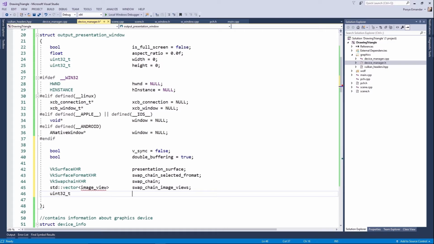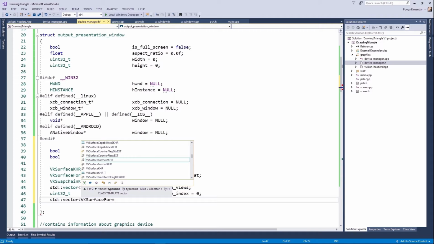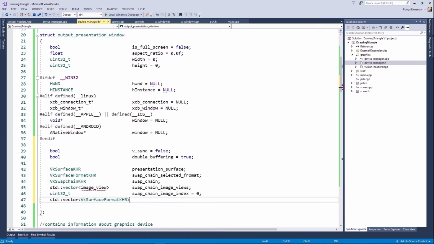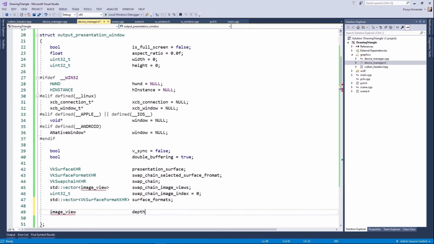Also, we need the current index of swap chain's image. It is needed when we are going to use double buffering swap chain. We need to store all surface formats. A depth buffer, which is a type of image_view,